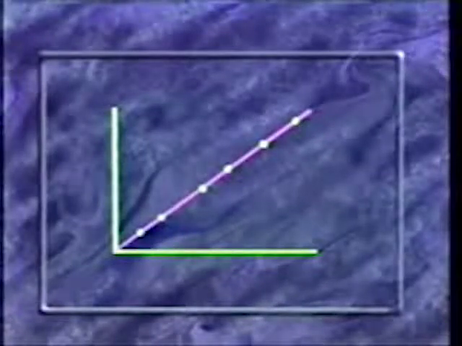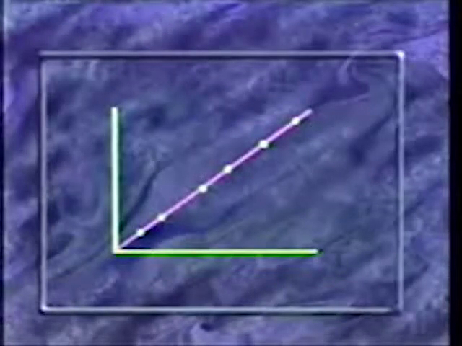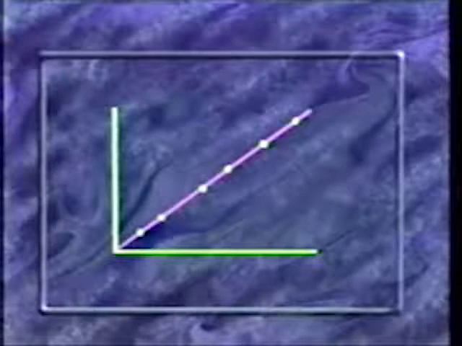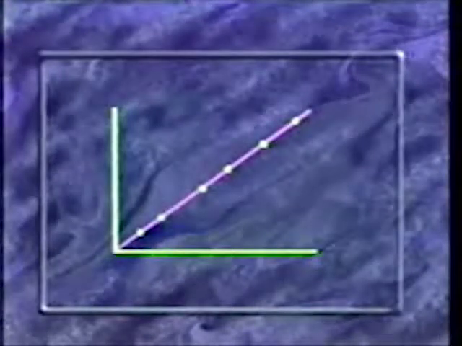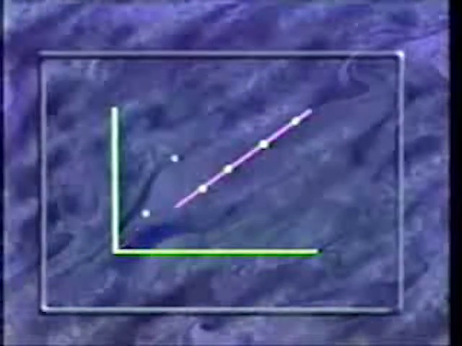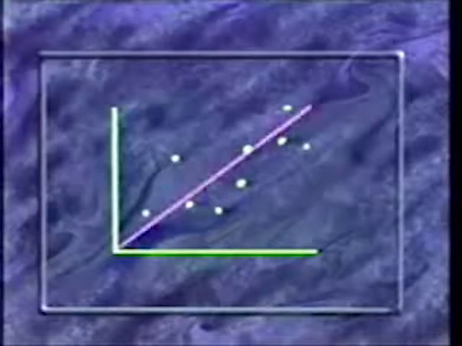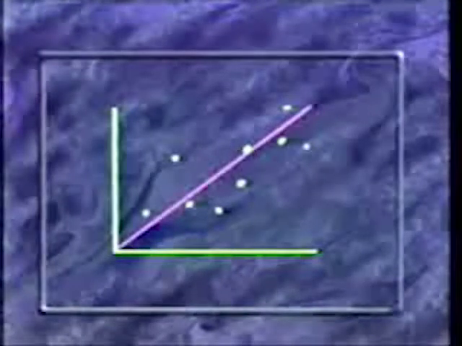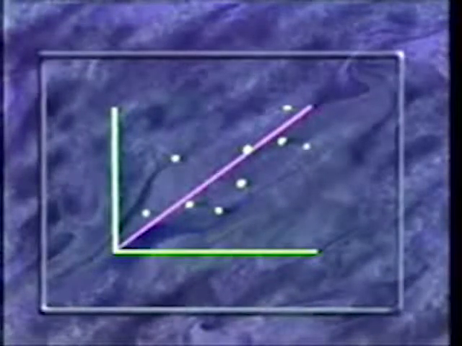In practice, there are no perfectly reliable tests of human behavior. As noted earlier by Dr. Eldridge, test scores may vary from one administration to the next for a number of reasons. Therefore, you would be more likely to see a graph of test scores that looked like this. Notice that while the points on this graph do not form a straight line like the earlier example, they form a grouping or distribution that generally conforms to the line. Scores on the 2 administrations of the test did not match each other exactly, but were very close.